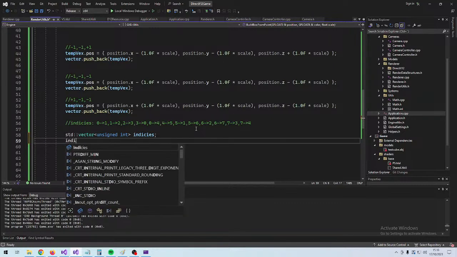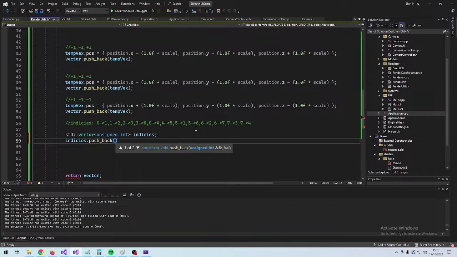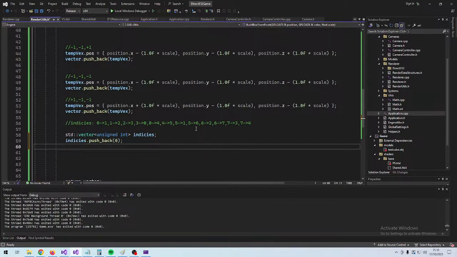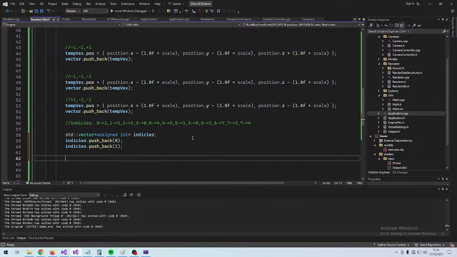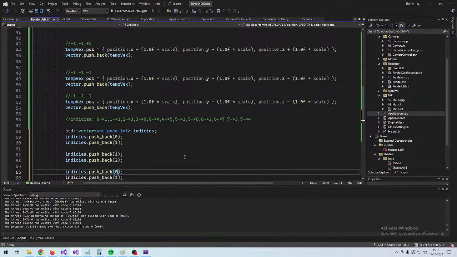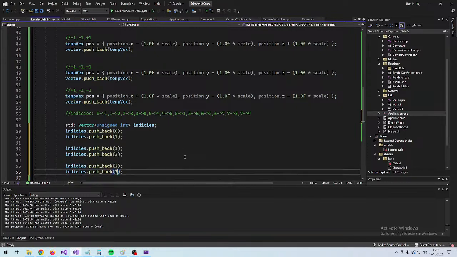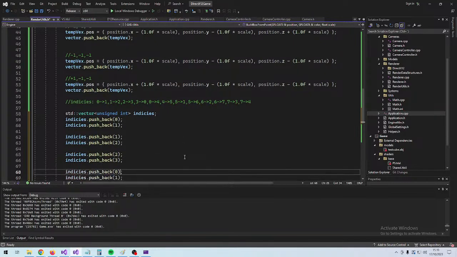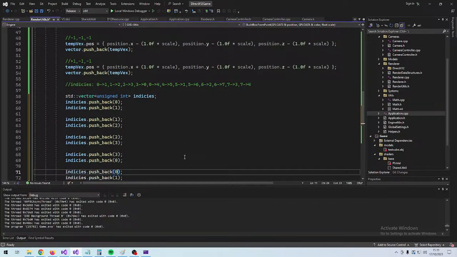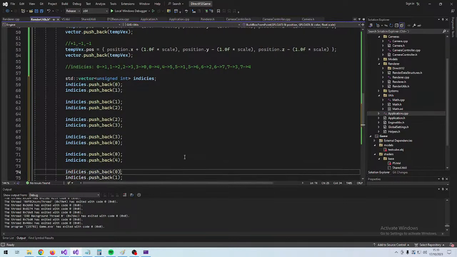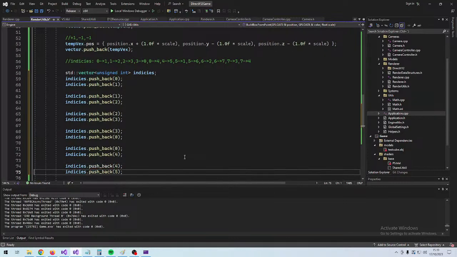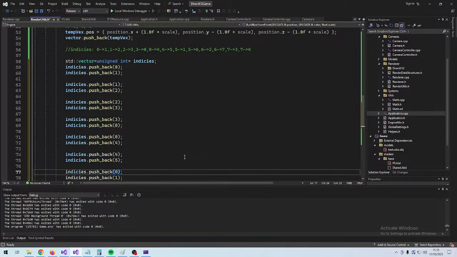Then we will push back 0, 1. Then we will do 1, 2. Then we will do 2, 3. 3, 0. Then 0, 4. Then 4, 5, then 5,